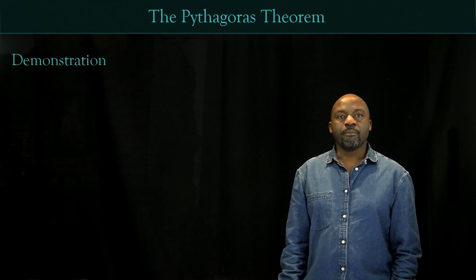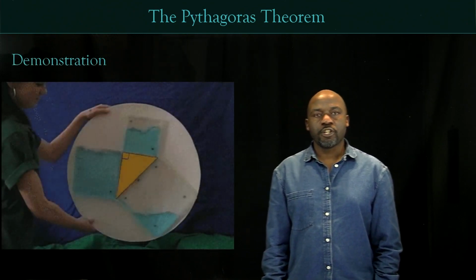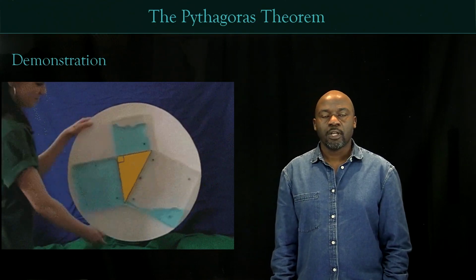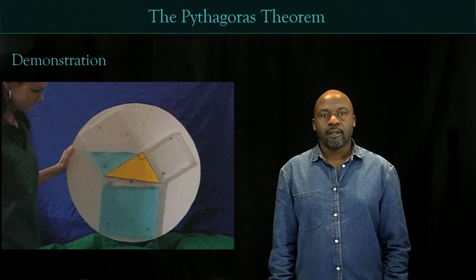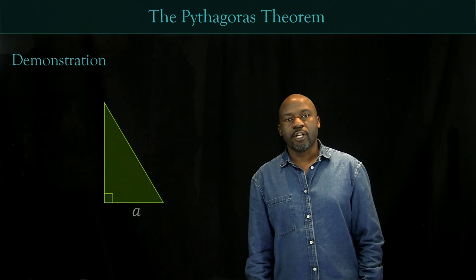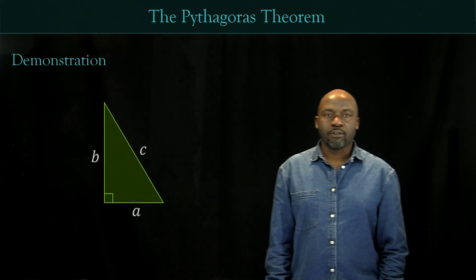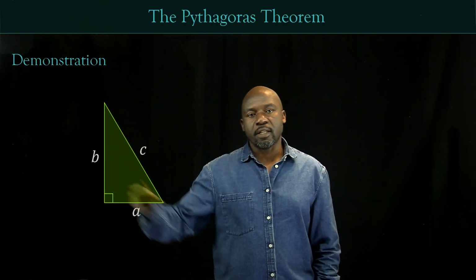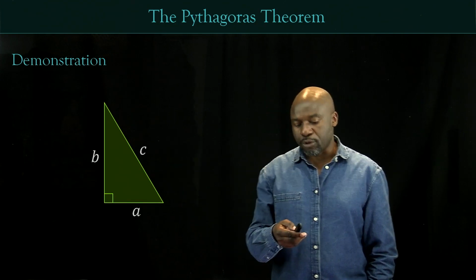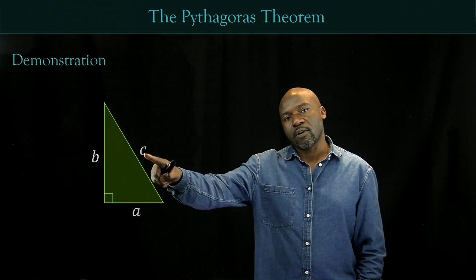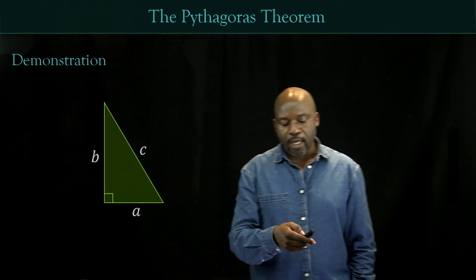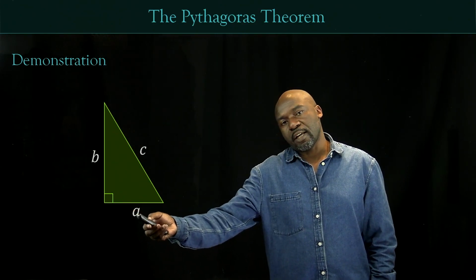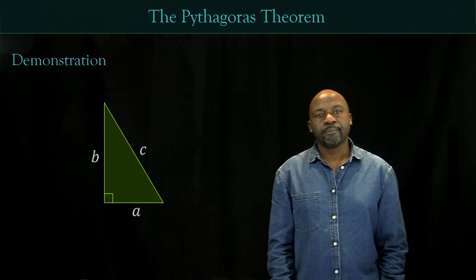Most of us will be familiar with this demonstration here. Okay, I'm hoping you've seen this before. What is this trying to say? In general, if we have a right angle triangle with sides A, B, and C as shown, where A and B are the shorter sides and C is the hypotenuse, the longest side, which is always opposite to the right angle, then if I form a square using the smallest side like that,